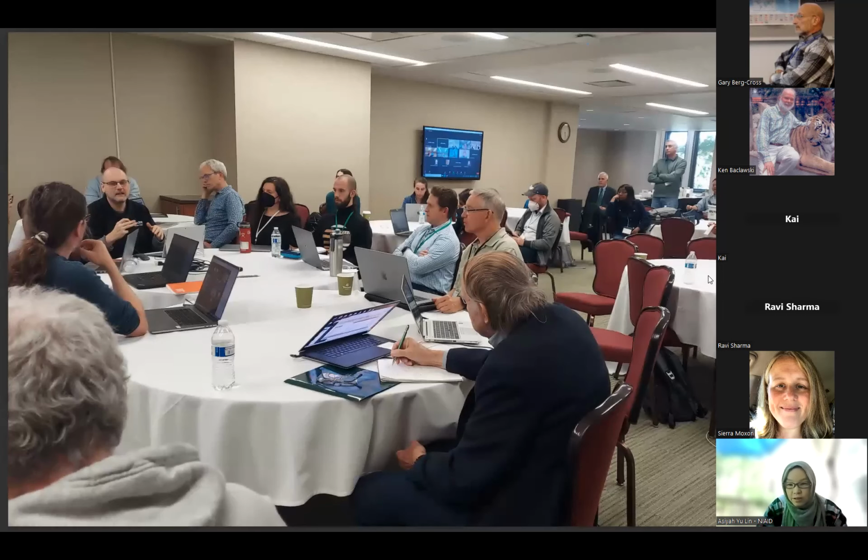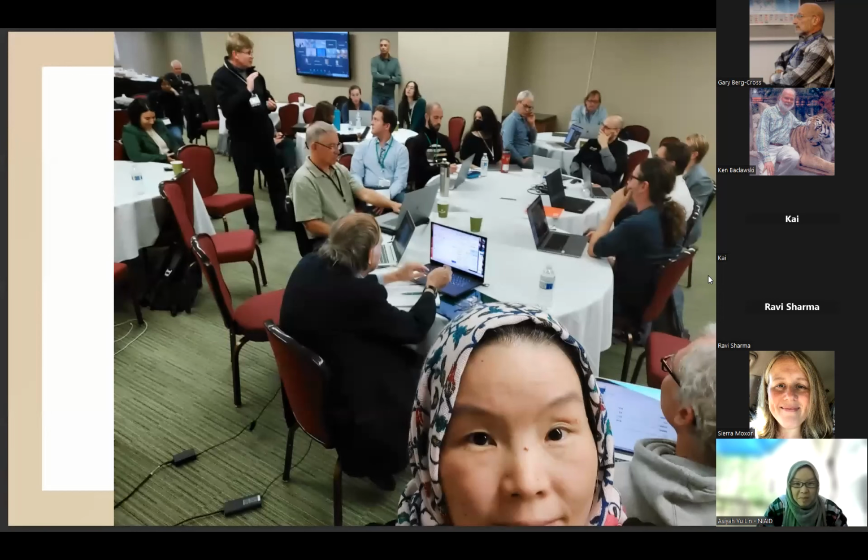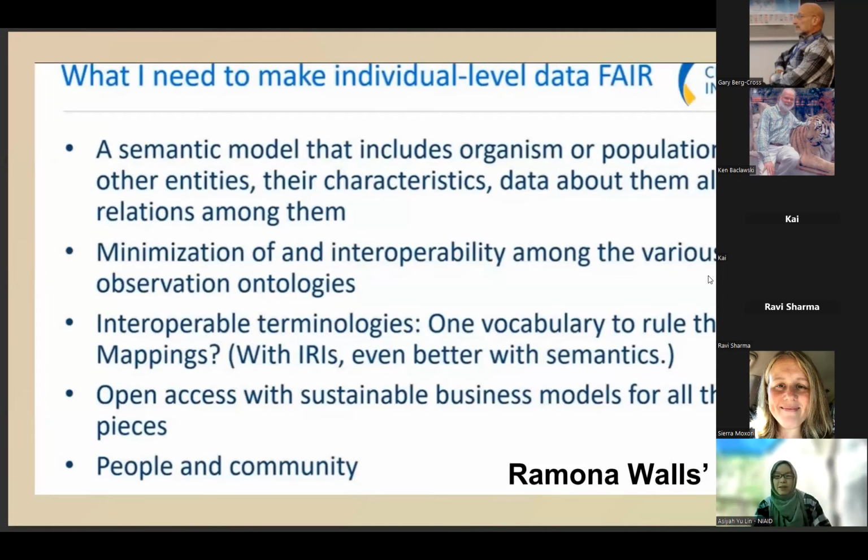So these are the photos showing how we were doing at that time. Okay, so first Ramona talked about what she needs to make individual data FAIR, because at the Critical Path Institute they were working on making patient-level data a knowledge graph or ontology, so she really wants a semantic model that will include organisms, populations, things like that,